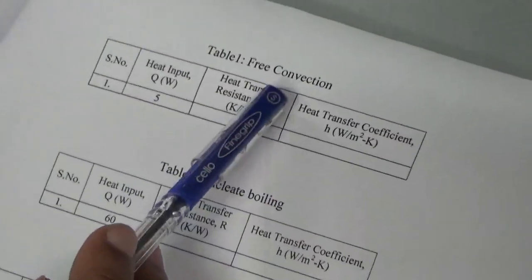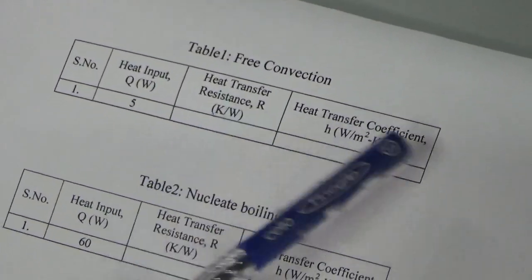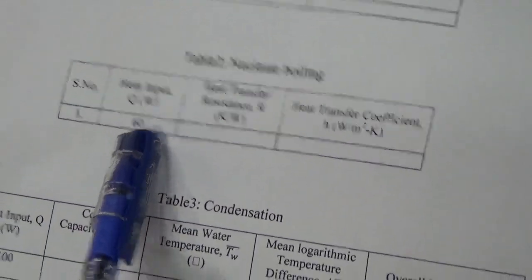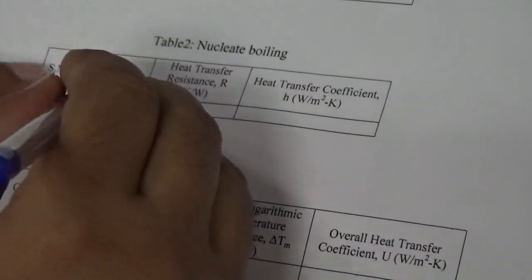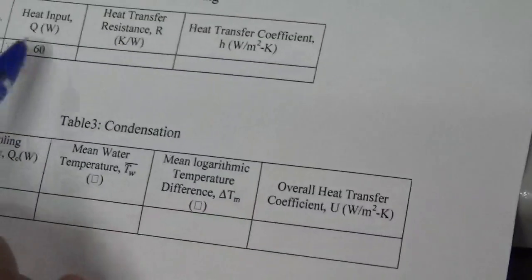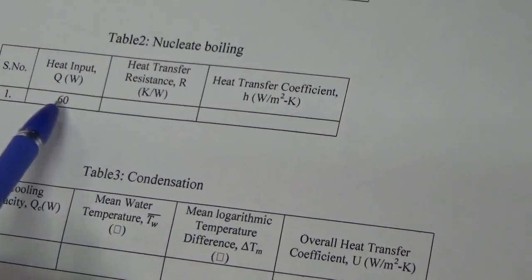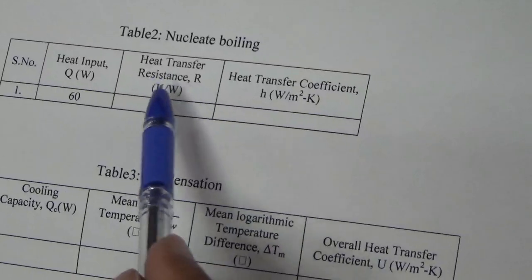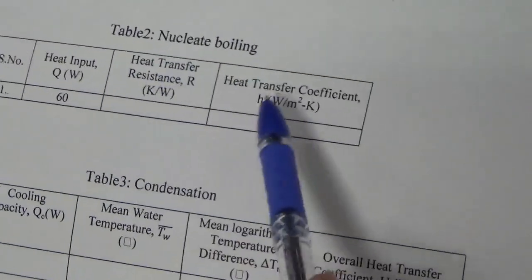After finding out the heat transfer coefficient, we will tabulate in this manner, for the heat input of 5 watt, the heat transfer resistance is this much and the heat transfer coefficient is this. For nucleate boiling, say for the 30 watt, here we have taken 32 and 62 watt in this reading. So accordingly we will change. You can put here 32 and 62 and find out the heat transfer resistance and the heat transfer